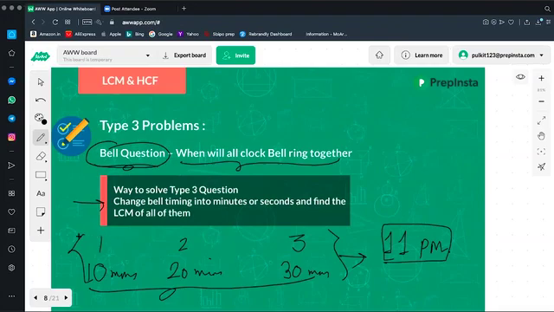So what we do in such cases is we find the LCM of the three numbers. We'll find the LCM of 10, 20, and 30. I'm not sure about the data here, guys, I'm just giving you an example. I've not calculated the LCM, I'm just talking about the concept. So if there is a question when you have to find the time when the bells will ring together, you will always think about the LCM of the three numbers. Yes or no?